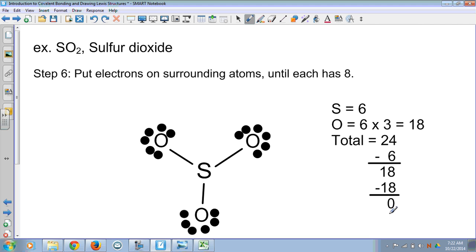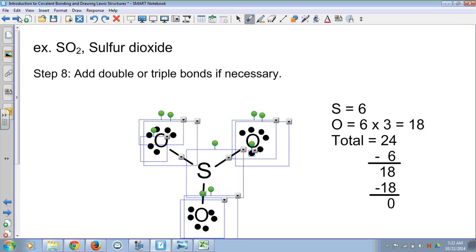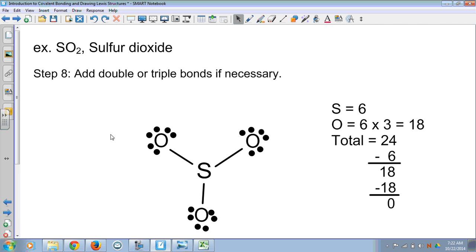At this step, you always have to check your central atom. Your surrounding atoms should have 8 each. Your central atom only has, though, 1, 2, 3, 4, 5, 6. So in this case, this is when we have to add double or triple bonds. So what we're going to do is, in order to add the double or triple bond, we're going to take,